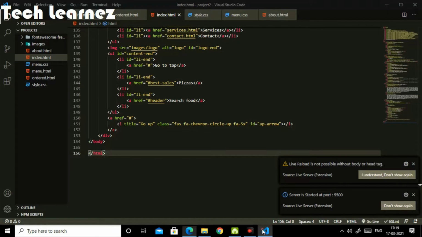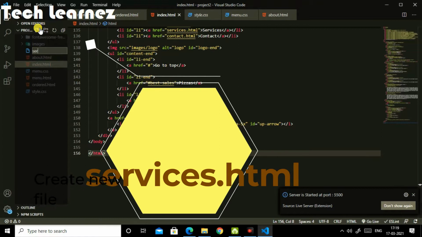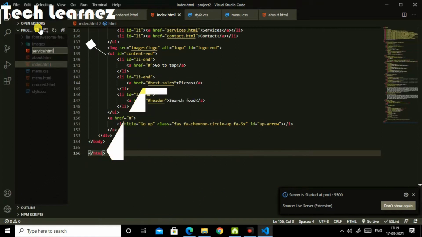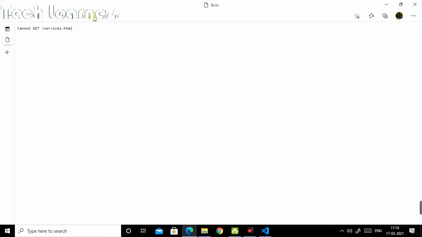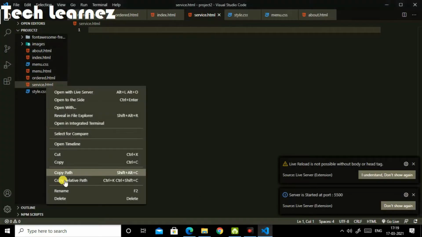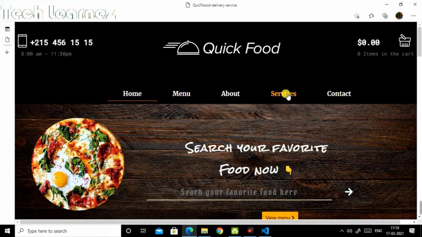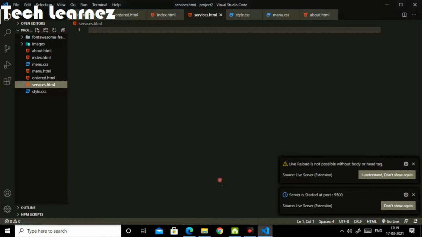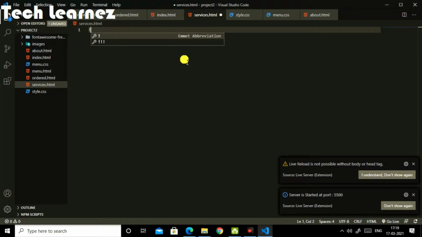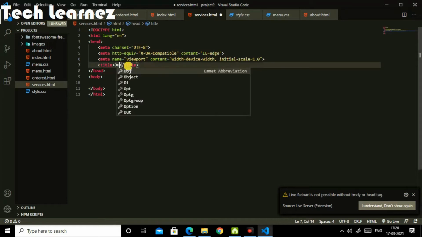So let's create a new file called service.html. Then now if we click services, it will go to service.html. So I think I should rename it and write the services. Yes, now it is going to service.html. So in services.html, let us put boilerplate. Then let us write here our